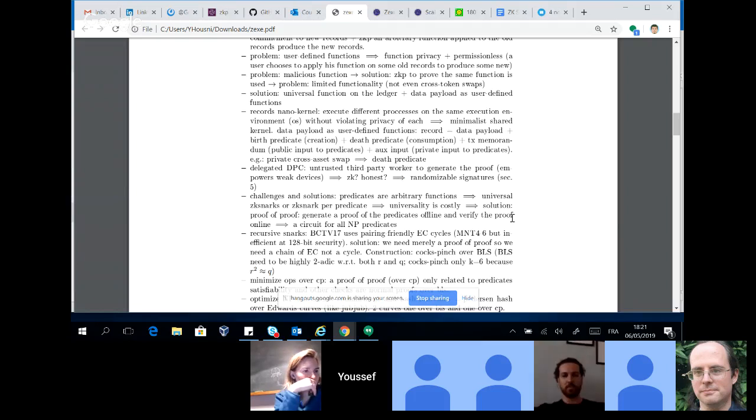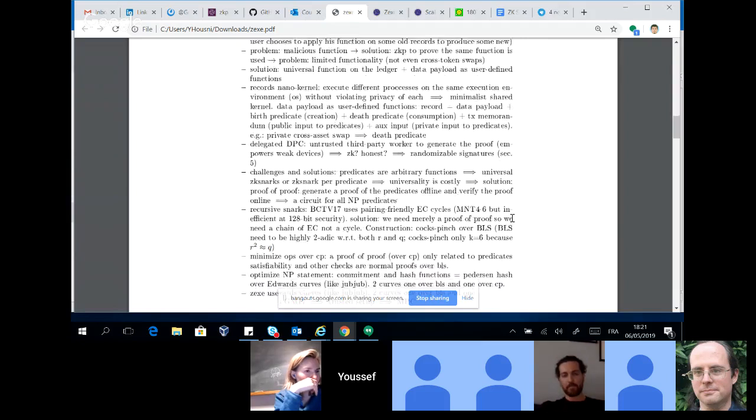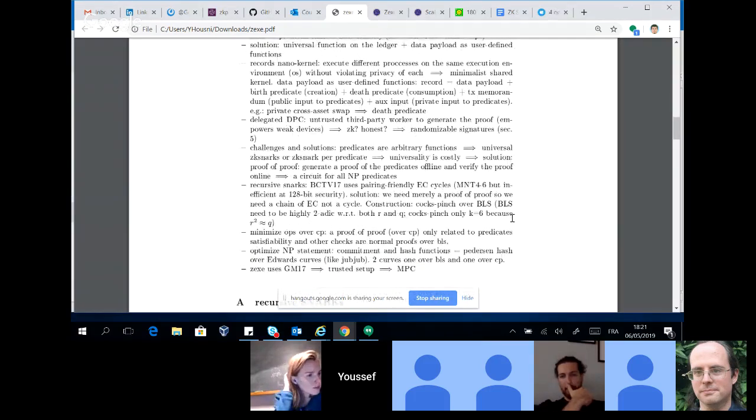So the idea is it is constant. So we can create a circuit that verifies a proof. And then those predicates, so NP predicate, NP statements, we will create offline the proofs of them. But if we look at the literature for recursive snark, because this is what we want to do, even if it is only one depth recursive snark, because they do not need to do a proof of a proof of a proof of a proof. They just merely need a proof of a proof. So if we look to the literature, especially the BCTV 17 paper, they leverage on what they call